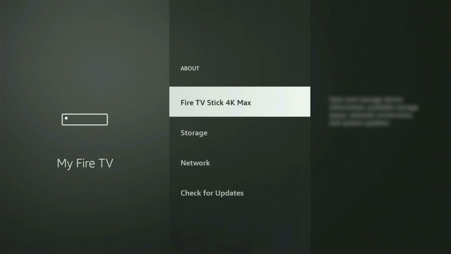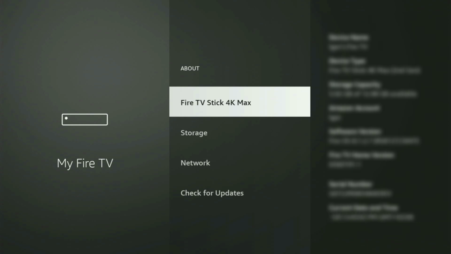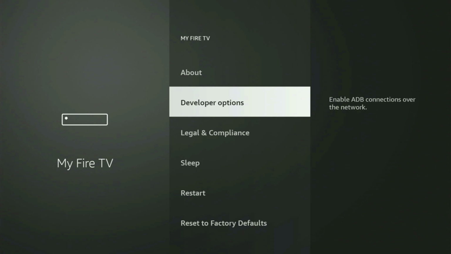You just go to About, select Fire TV Stick, and now you gotta start clicking on the middle button on your remote. And do it fast, so let's do it. And as you can see, for me at the bottom it says no need, you are already a developer. That's in my case. And in your case, it's going to say that you have become a developer now. So, if you go back a bit, you will finally see developer options, which now have popped out for us